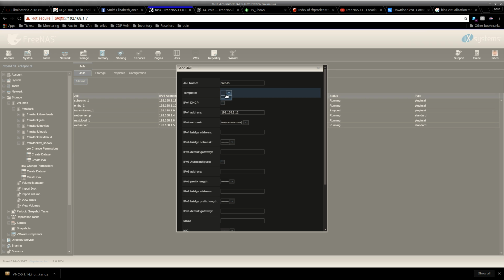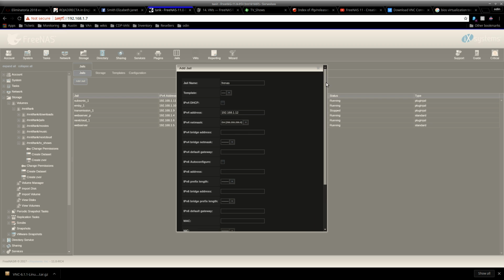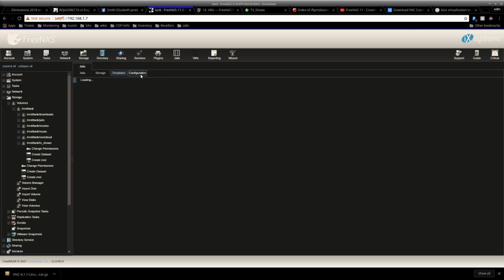So there are no templates here, and I don't see how I'm going to get the templates. So the thing is, you need to go to templates or configuration or something, and you need to check where is the